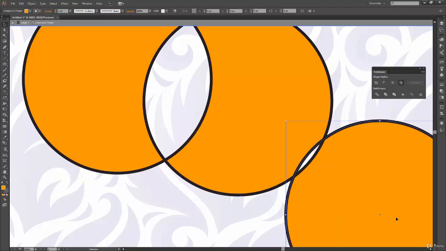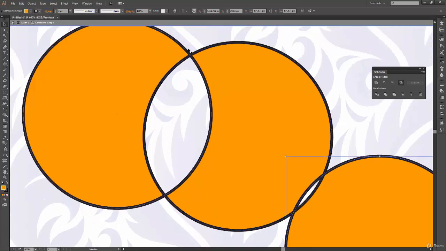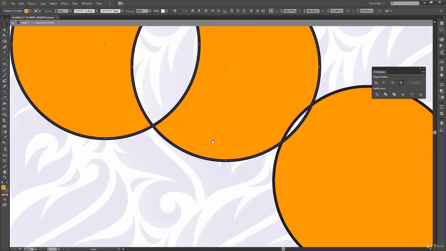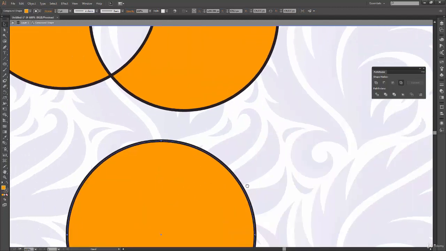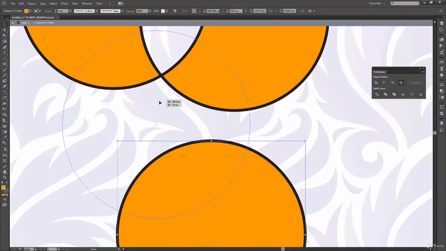But here, if I say there was nothing already, I hope you are able to understand that there's nothing over here while performing the operation on these two circles. Illustrator already removed this part. So here, if I move this circle onto nothing, then I'm getting an exact circle. That is what is happening over here.